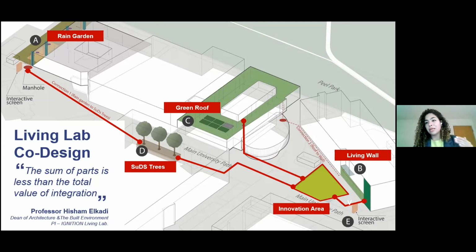So what we have is an automated monitoring plan. And what we have is that whatever part of the living lab needs water, this is pumped back from the central area to each individual asset or part of the living lab. And that makes sure to maintain everything. One of the biggest hurdles for green infrastructure is that sometimes we go for passive solutions, but if we don't have, within an urban setting specifically, a plan for drought season, if we don't have a plan for overflow, that might compromise the long-term development and ongoing life of the project.